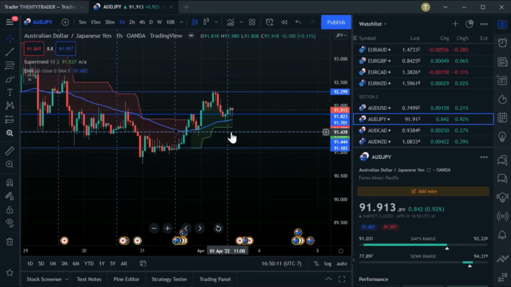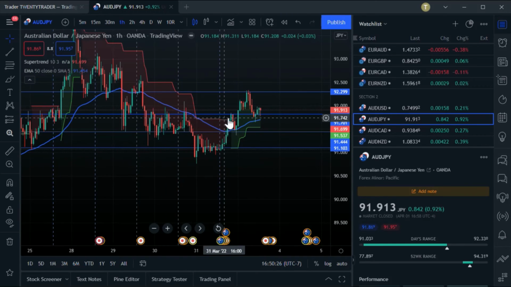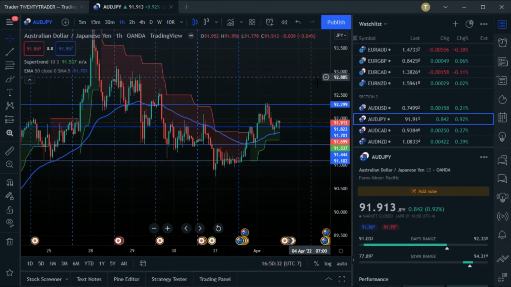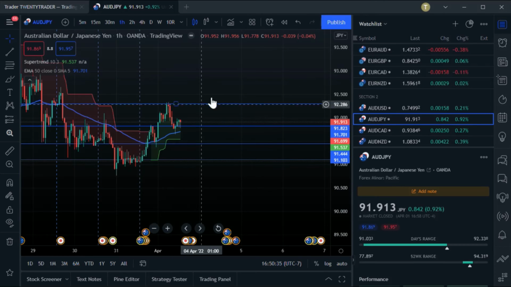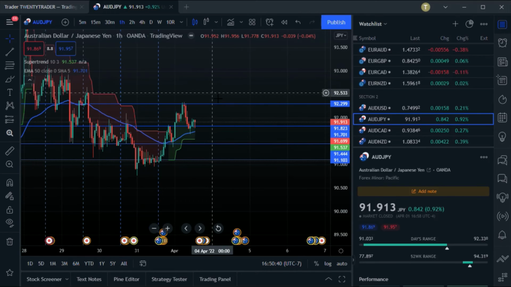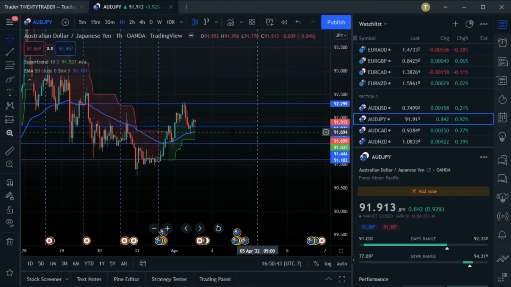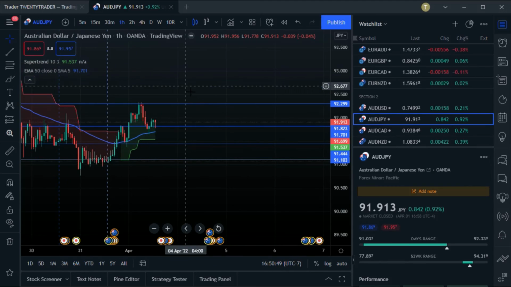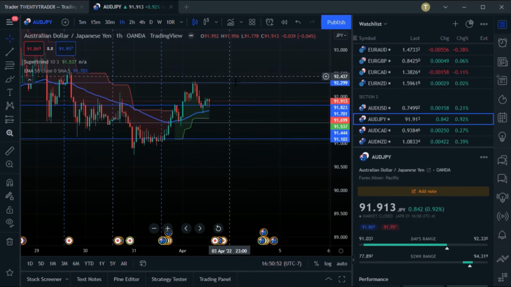So this is going to be my area where I'm looking to get long. I'm going to buy it here. I'm going to let it trail off for like 2 hours or whatever, and then I'm going to buy it once the spread closes. I'm going to set my stop loss here because we have the opportunity to get in at a decent price level and just let this run all week, right? I'm going to let it run until I either see some things I don't like, like it starts making lower lows and lower highs and coming all the way back down to this price, right? Or profits just enough that I'm like, this is getting overstretched.